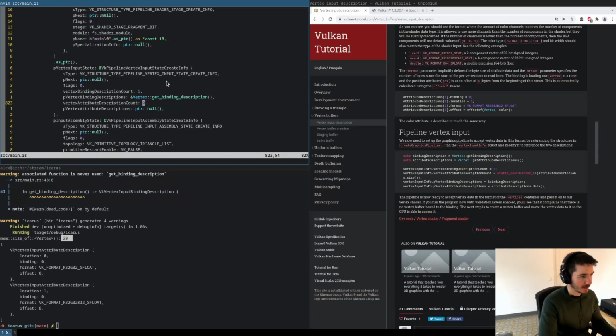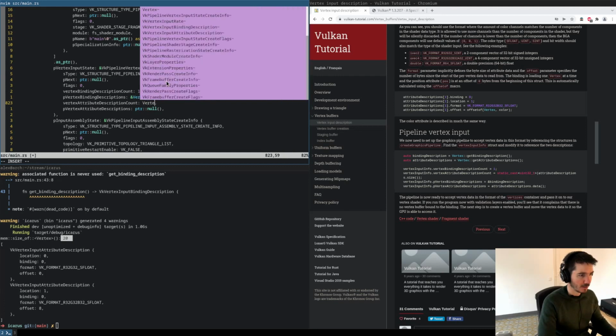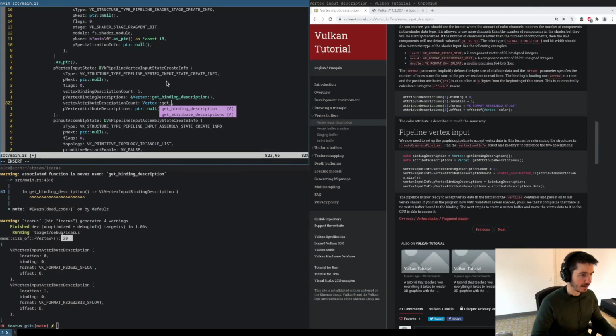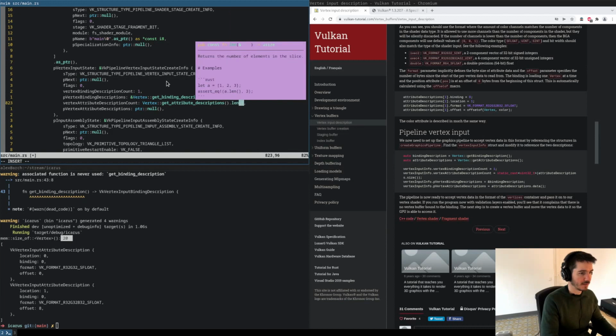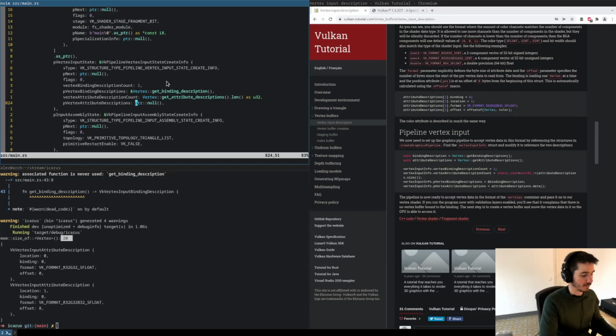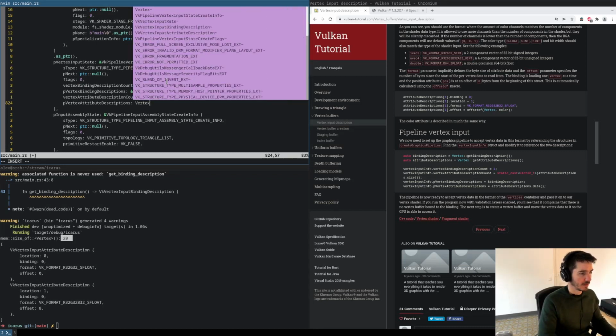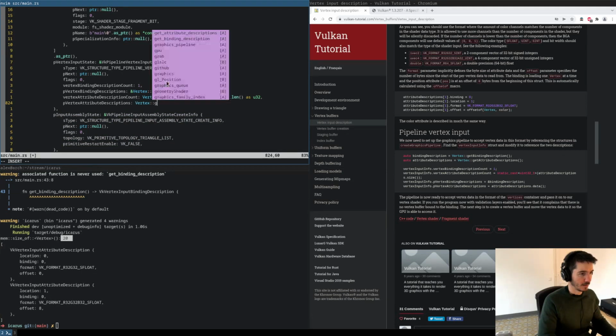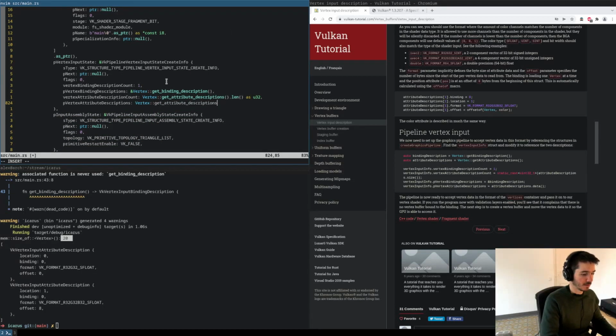And the second one, either we call this twice, get attribute descriptions, and get the length of it as a F32, or we hard code it as 2. And we need to call it again. Vertex get attribute descriptions as pointer. Yeah, we have this method on array,